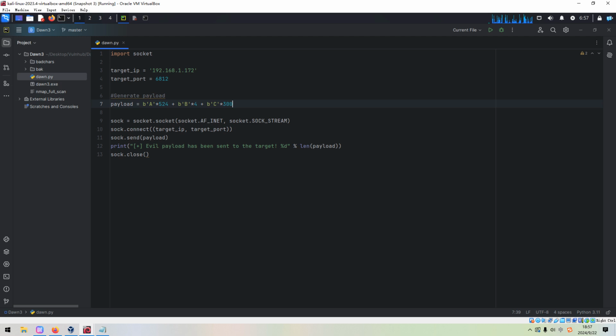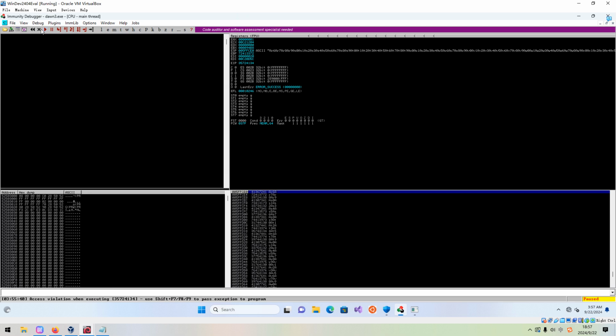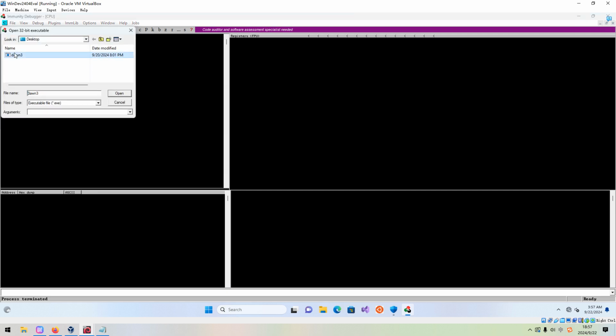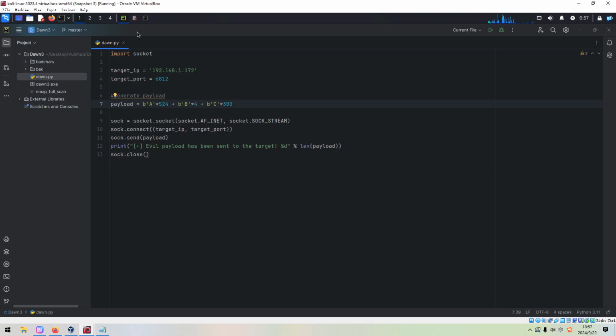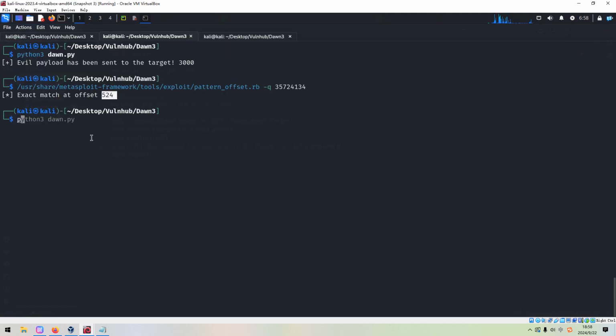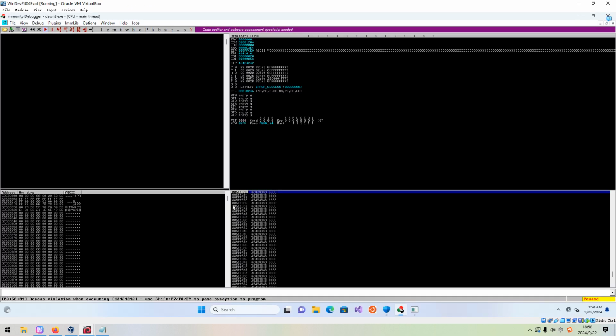Okay, and we can save. Now we need to restart Immunity and reopen, play, and now we can launch this attack with Python 3. And as you can see, the EIP is overwritten by our malicious data.